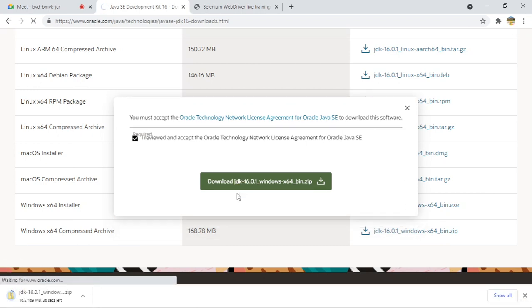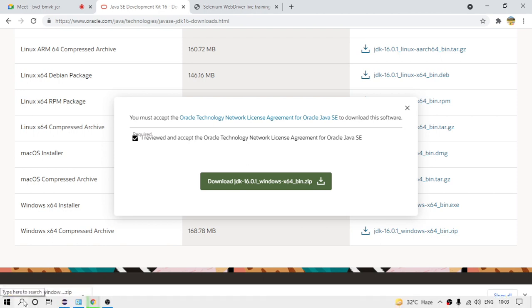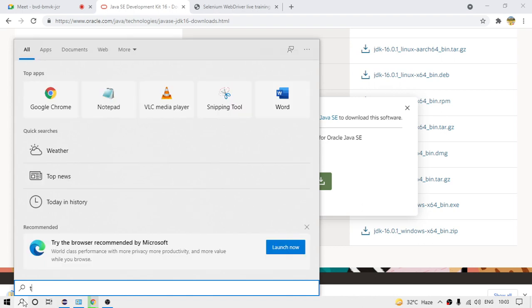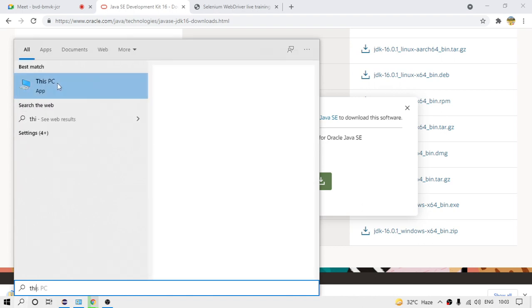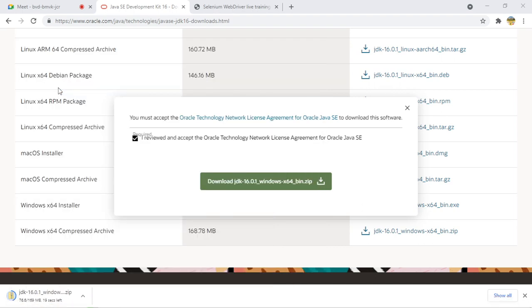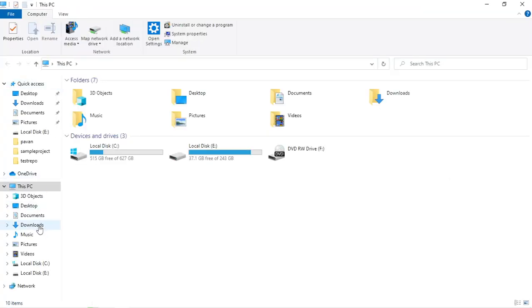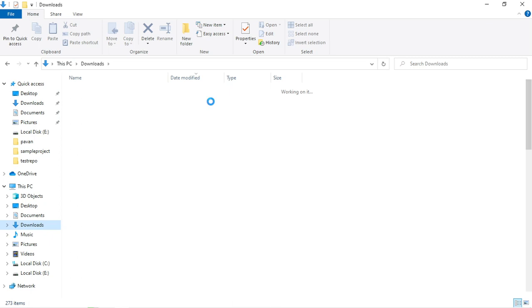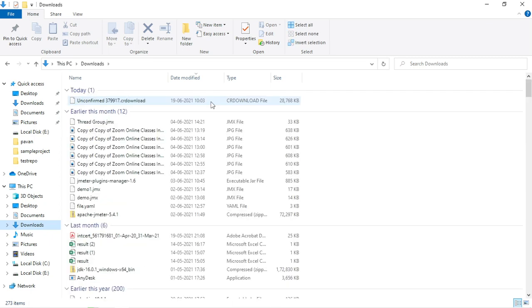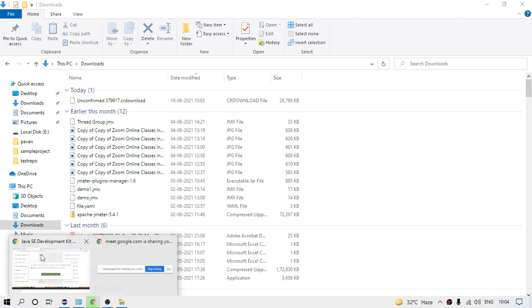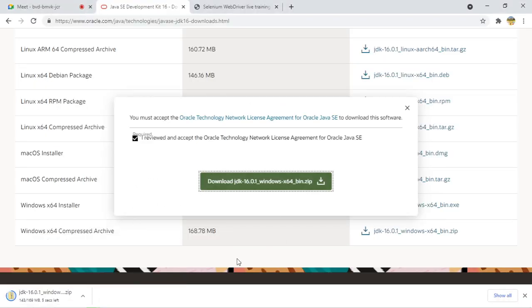Let us wait until it downloads. It will be saved in my downloads folder, so let me check it. It is still downloading.